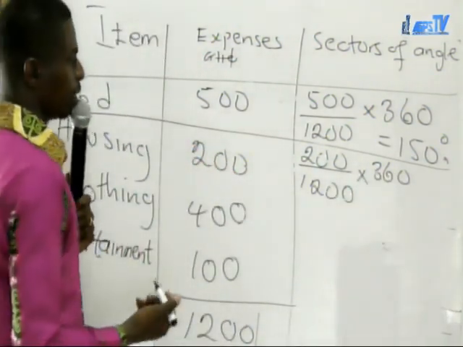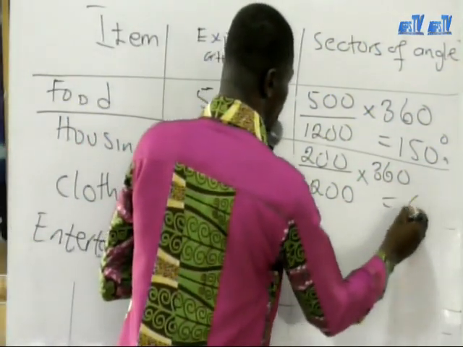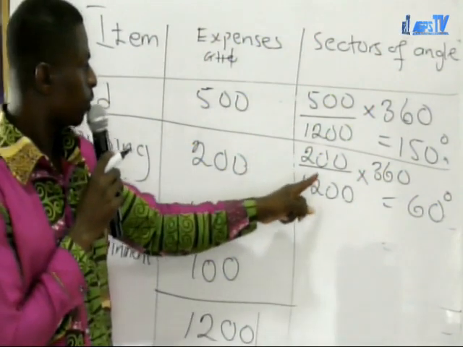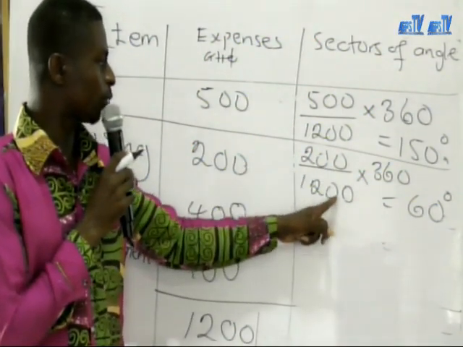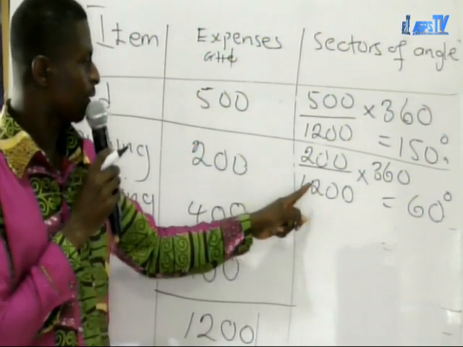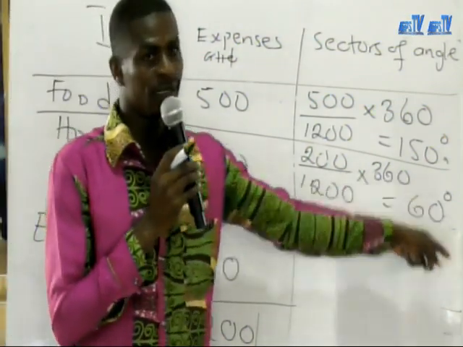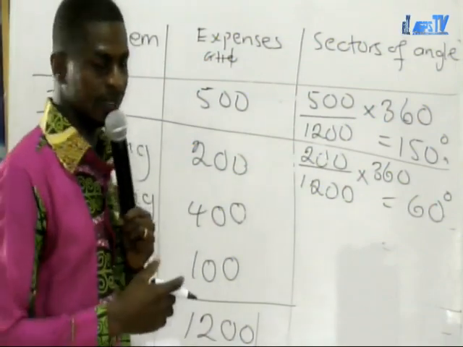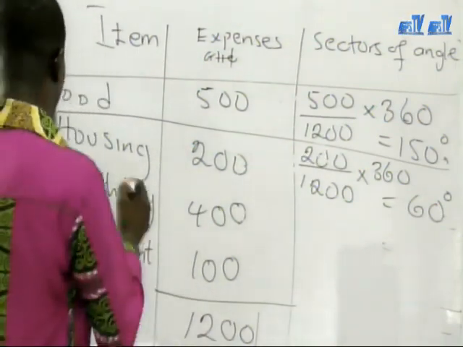So finally, we are going to have our 60 degrees. I'm saying that these two zeros can cancel these two zeros, 2 goes into 12, 6, and 6 into 360 is 60. 6 threes are 18, 6 sixes are 36. So we can have that. So we are done with